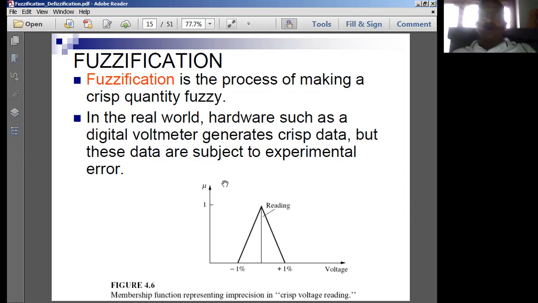So this fuzzification is actually the real-time operation which we are normally going to perform. In a practical application, what is it that we require? We have to apply fuzzification, and we have to apply defuzzification. So what is fuzzification known as? Fuzzification is transforming, or I can say converting, the crisp data into fuzzy data. The process of converting crisp data into fuzzy data is known as fuzzification in general.